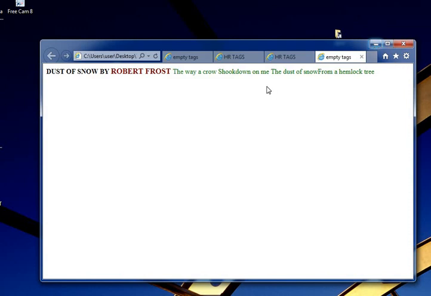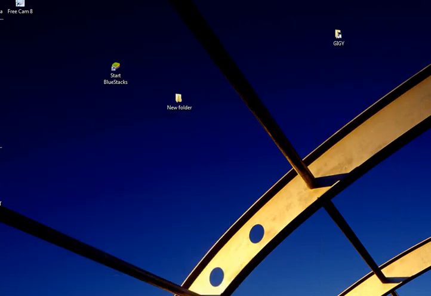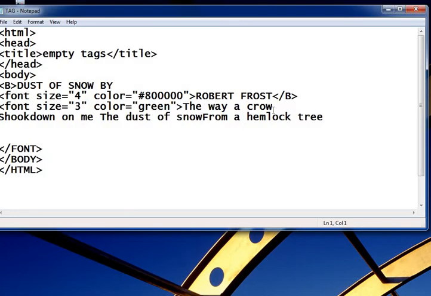Okay, so we can use the line break here. For this purpose, we take the document and add "the way a crow".